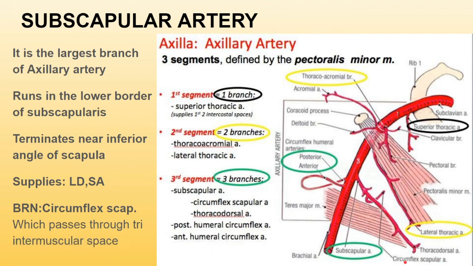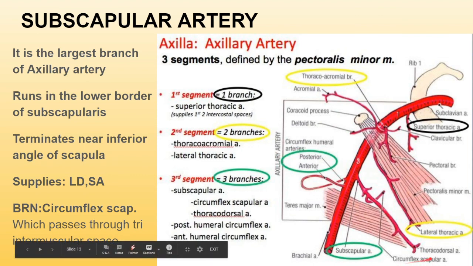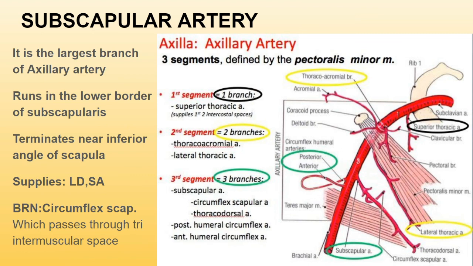border of the scapula, and actually gives branches to the two main fossas, remember, that is the subscapular fossa and the infraspinous fossa. This circumflex scapular artery gave branches to the subscapular fossa and the infraspinous fossa, and the branches in both the fossas actually take part in the anastomosis around the scapula, or the scapular anastomosis.